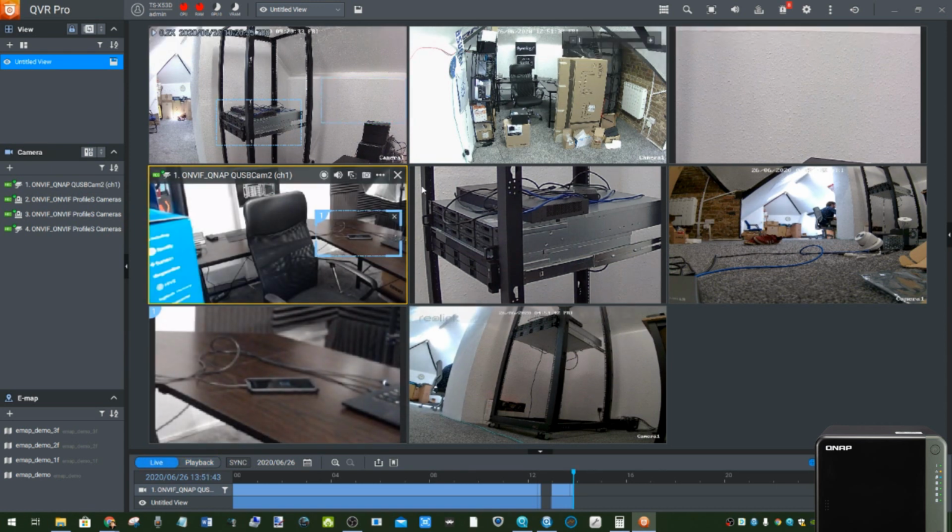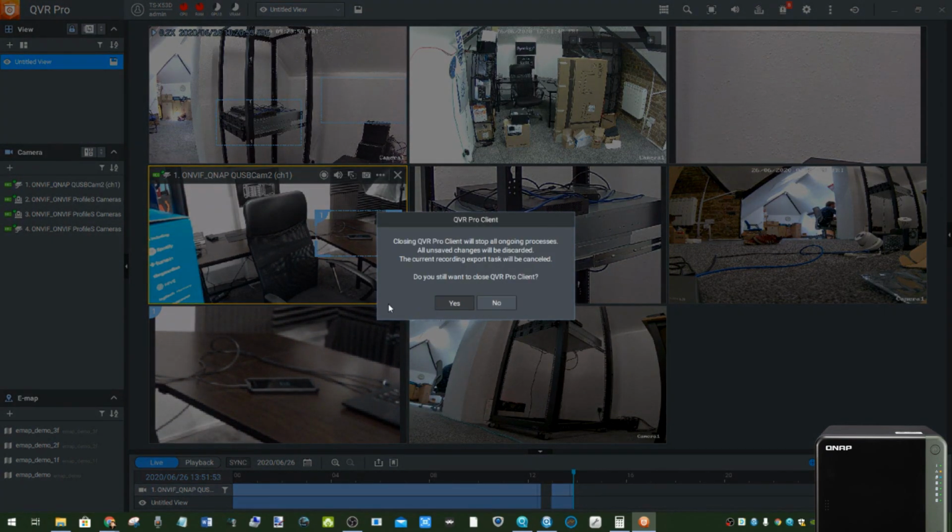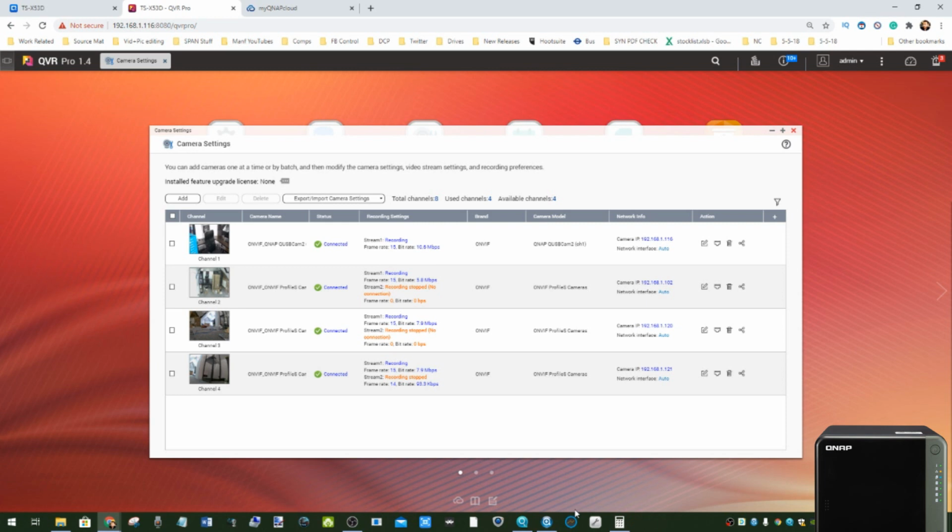And there's all of our cameras running there on the QVR Pro client. You will need a slightly more powerful PC if you want to exceed this number of cameras, but it's very easy to set up for the first time. On top of that, while you're using the QVR Pro client, you can edit the recording privileges of all of these cameras. So you can go ahead and select